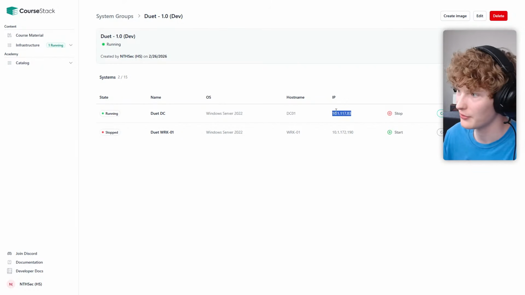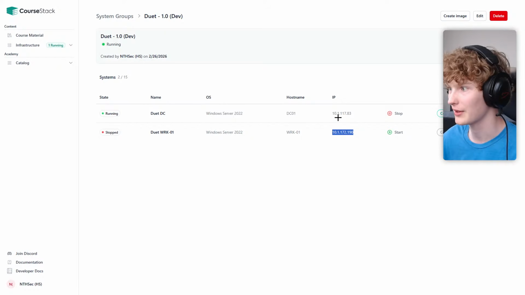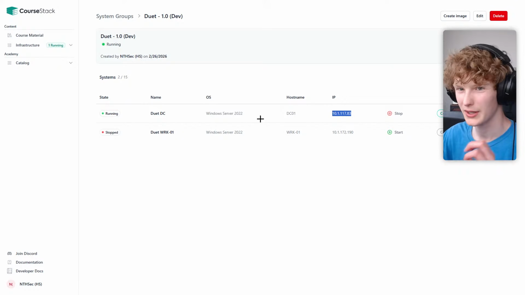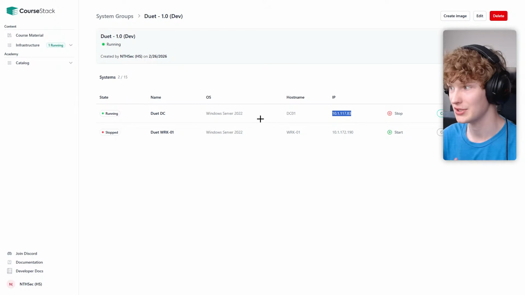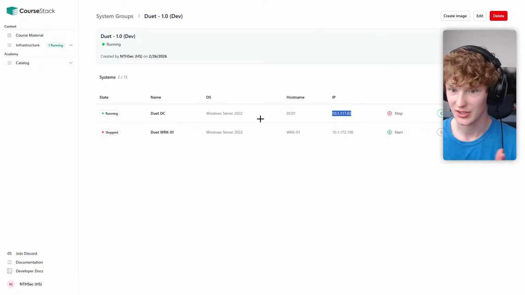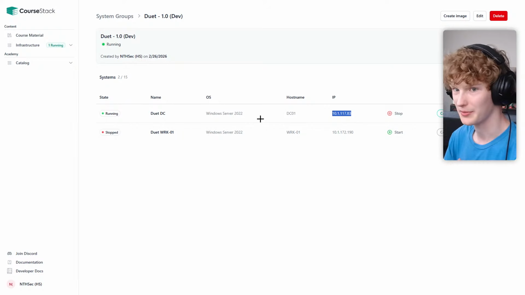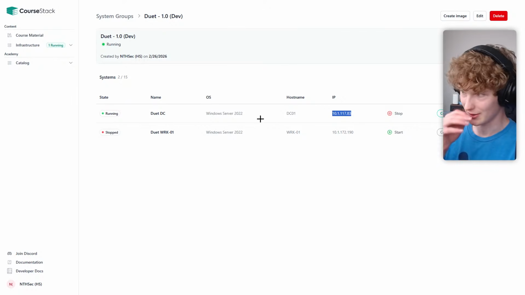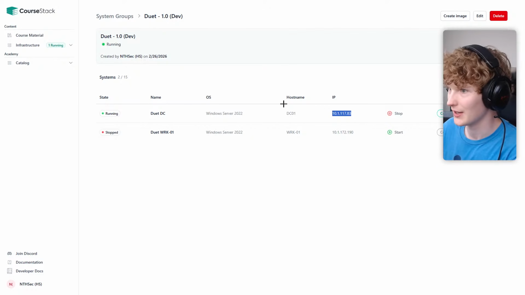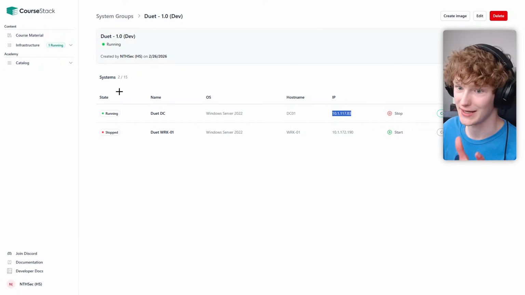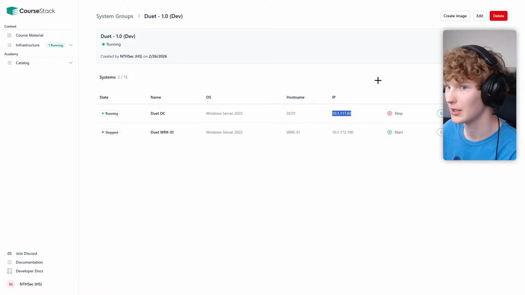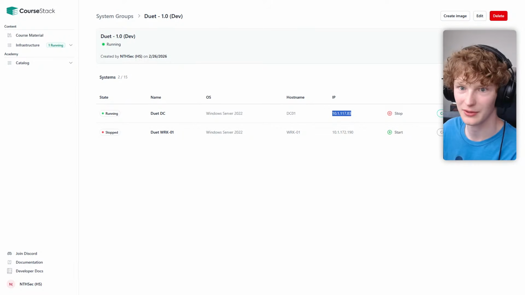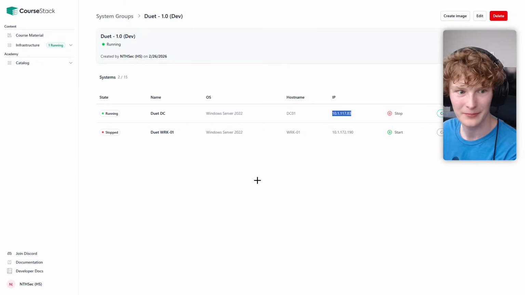You get an IP for it. You can network them, obviously. So this is like a system group. So this is how my Active Directory machine is going to be networked. And then you just connect with Guacamole, like an RDP instance, and then you tinker away, stop the machine, start the machine, and then when you're ready for it to test all of it, you click the big start button up here. I think my face is blocking it, but there's a start button up in the top right.